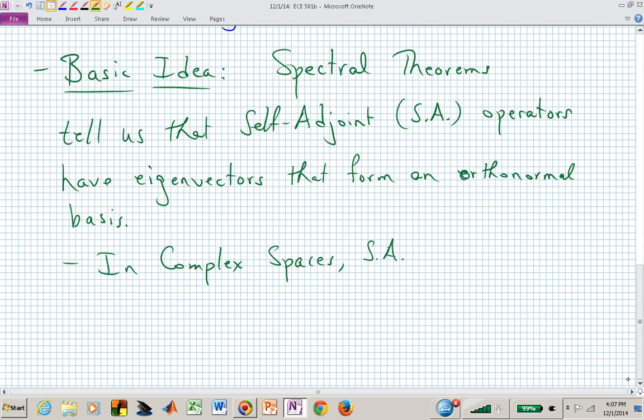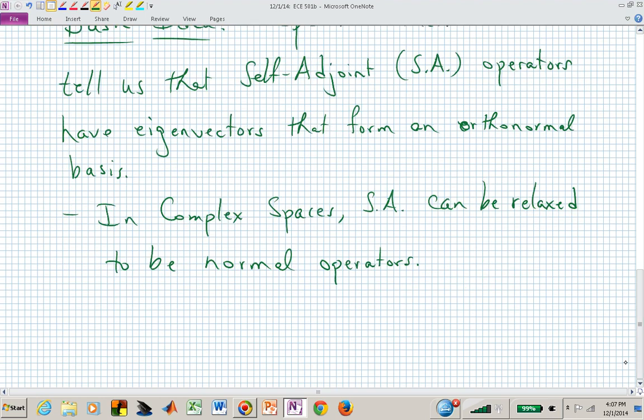We can say the self-adjoint property can be relaxed to operators that are normal. And that means that the adjoint and the operator commute. So that's all we need to have the ability to have eigenvectors that form an orthonormal basis when we're dealing